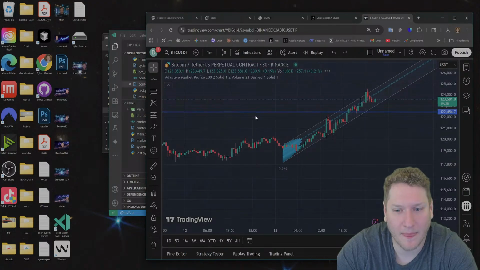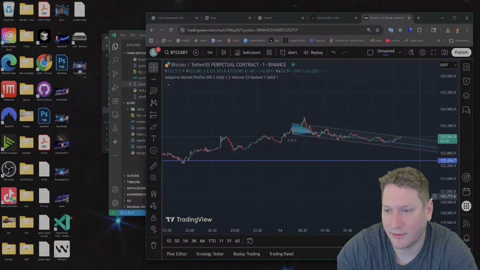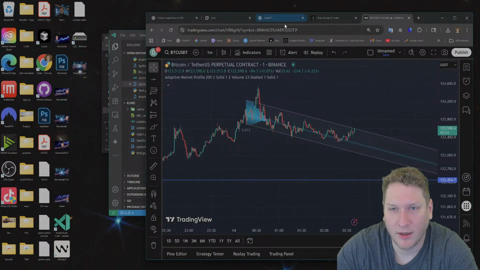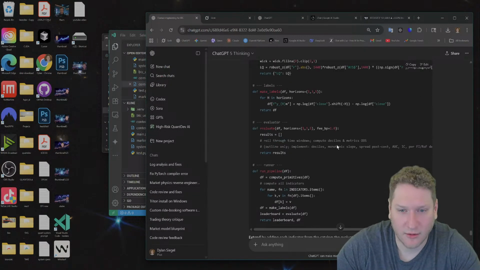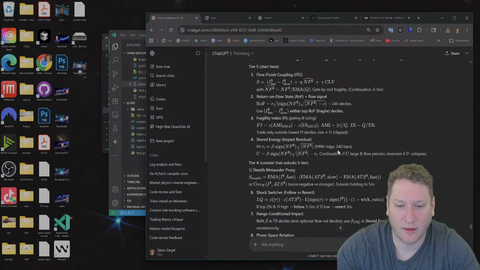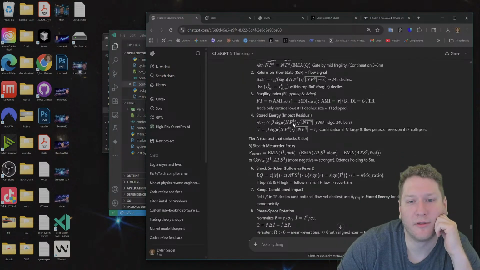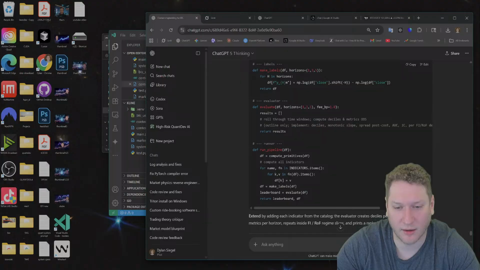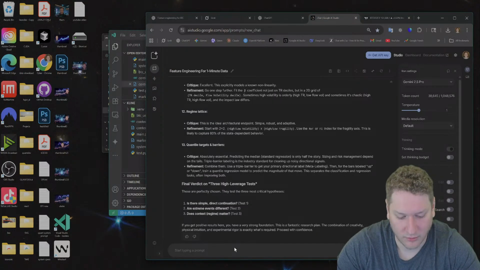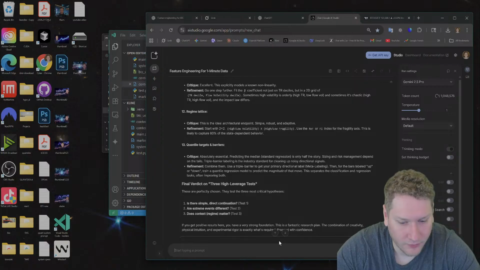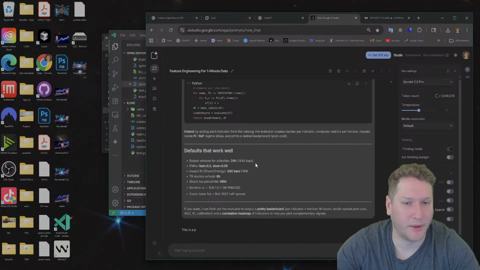But we're not doing that. We are feature engineering with the craziest novel math here. Flow finish. Let's see what Gemini thinks of this here.